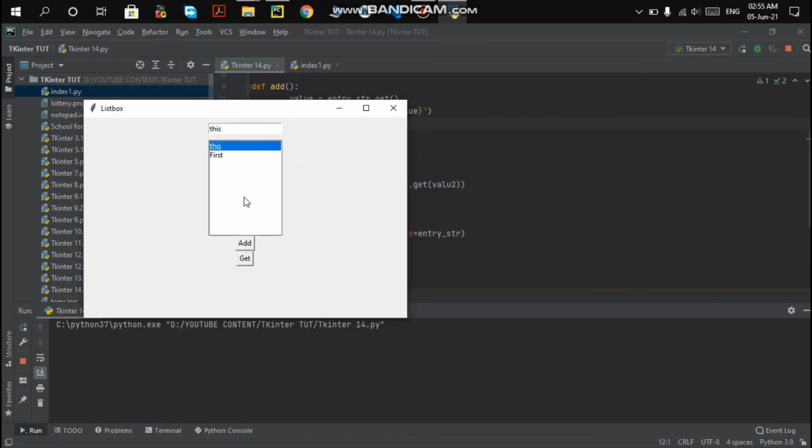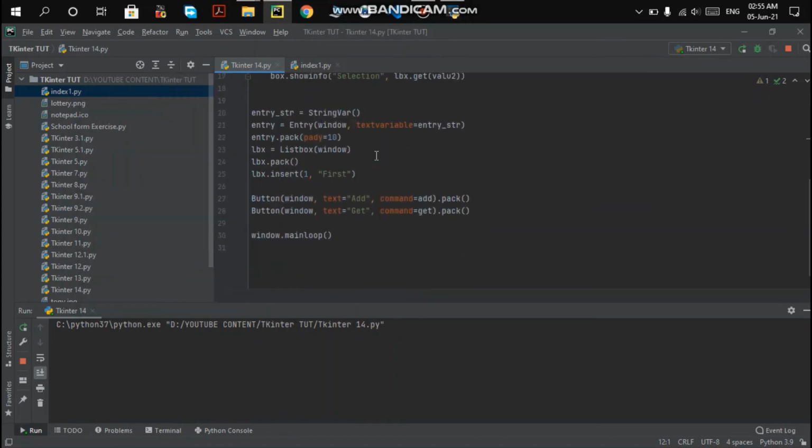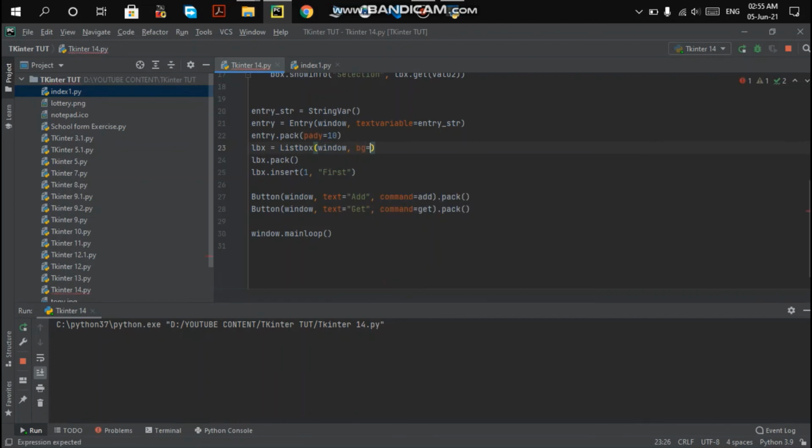So this is all about your list box and how you can use it, and how you can try some of its configurations and methods, and design your list box yourself. Let me design a list box for you. So the list box is there, and I have written one root window option here. To design the list box, there are multiple options that you can use, like background color, foreground color, and many more. So I am going to give the bg color as gray, and next I want to give the fg color as yellow.